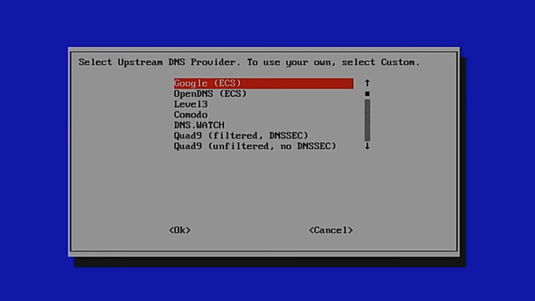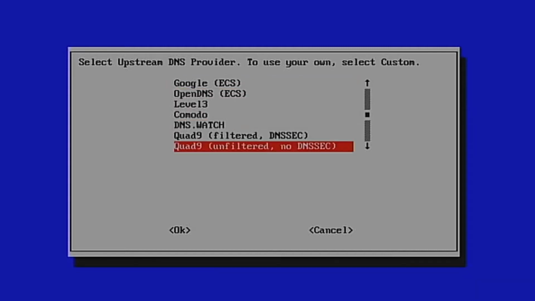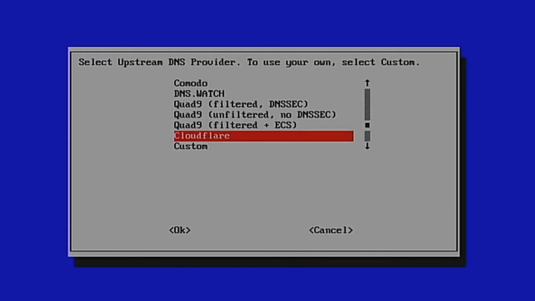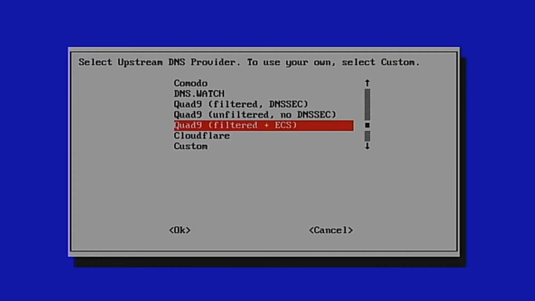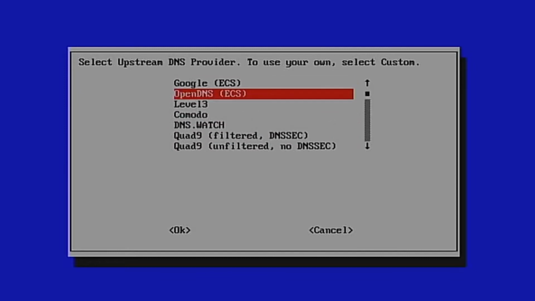If you recall, I mentioned earlier that Pi-hole operates as a kind of local DNS server for your home network. So here we need to choose who we'd like to use for our upstream or internet-based DNS server, which is where Pi-hole will route our website or domain name lookups to. By using the cursor keys on your keyboard, you can highlight one of the entries, or you can even enter your own custom address. I'm going to go with OpenDNS, but feel free to pick your own,